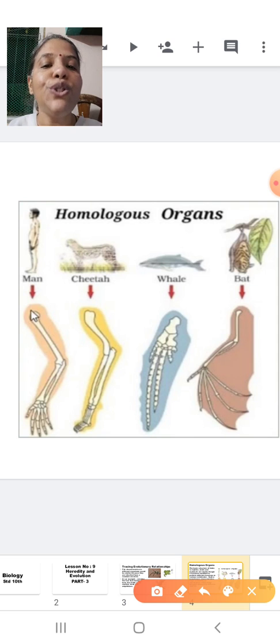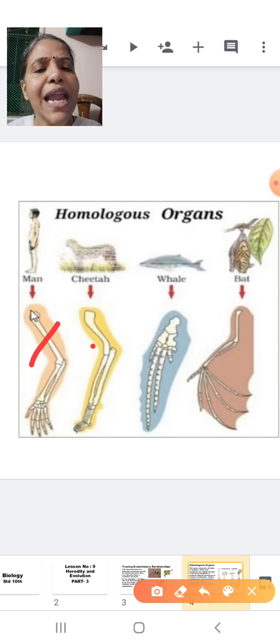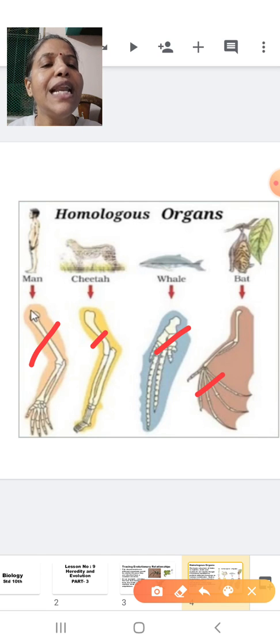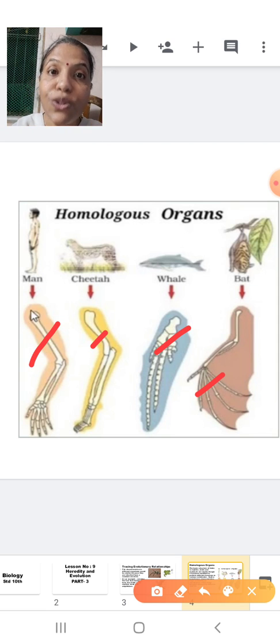Here, students, you can see this is a limb of a man, this is a limb of a cheetah, this is a limb of the whale, and this is a limb of the bat. All the limbs you are seeing here are made up of bones, and they are used for locomotion. So such a type of organ which has similarity in its origin,